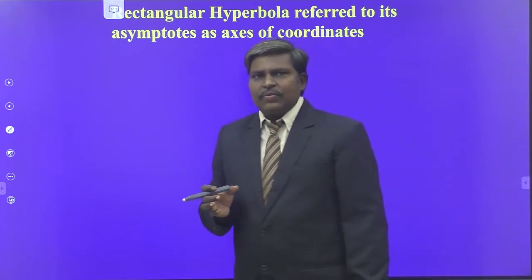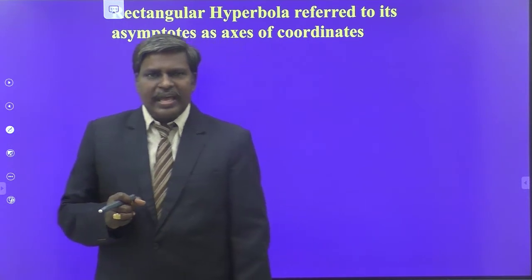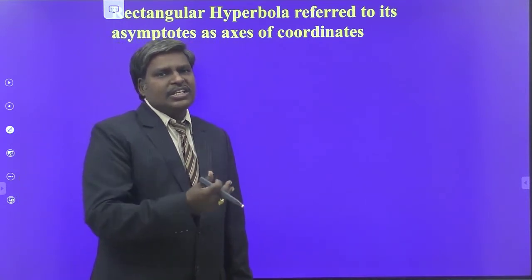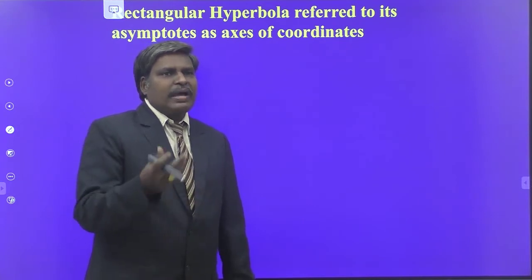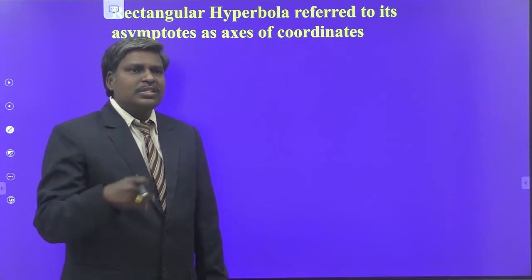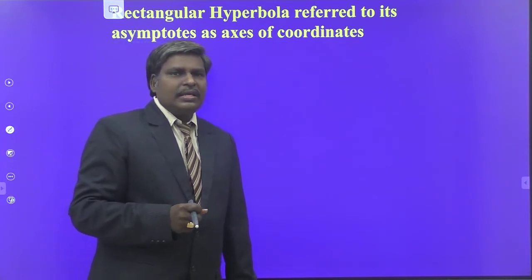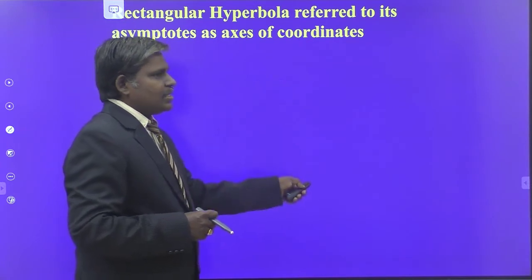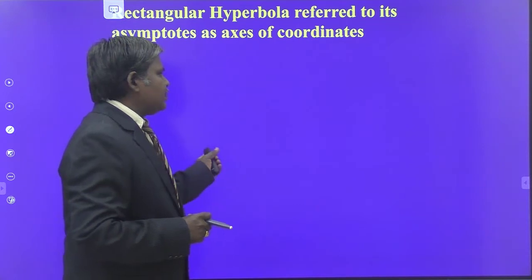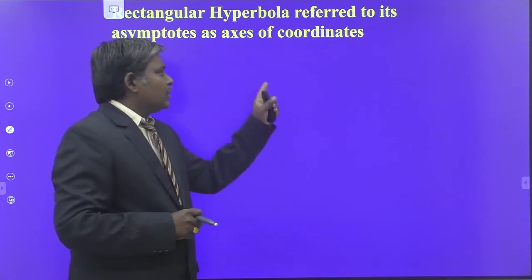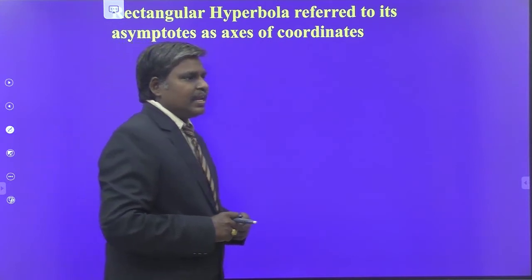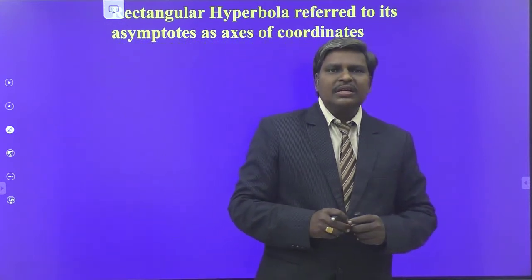So a non-vertical line y equal to mx plus c is said to be an asymptote to any curve y equal to f of x if the limit as x extends to infinity of f of x minus (mx plus c) tends to 0. Suppose x equal to k is a vertical line which is an asymptote to that curve. As the limit of x extends to k, f of x tends to infinity. At that time also we say that the line x equal to k is an asymptote of the curve.